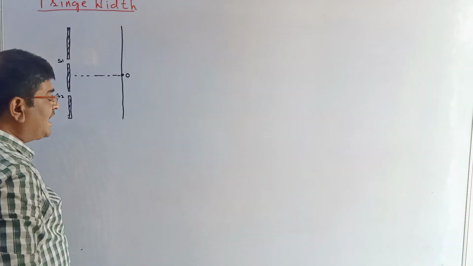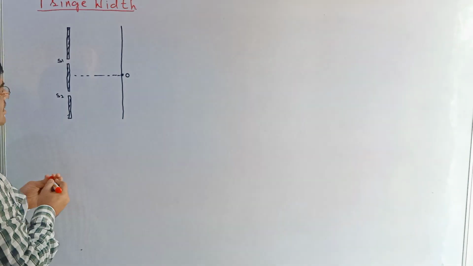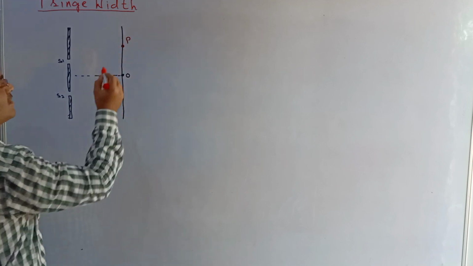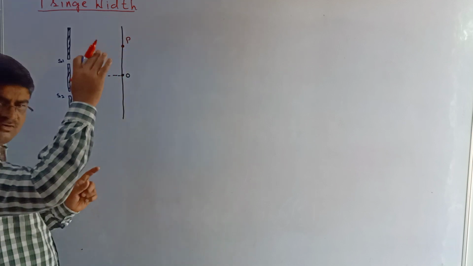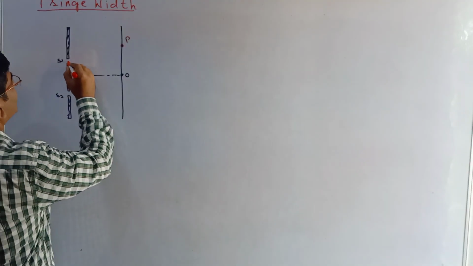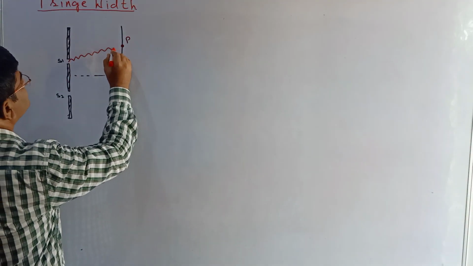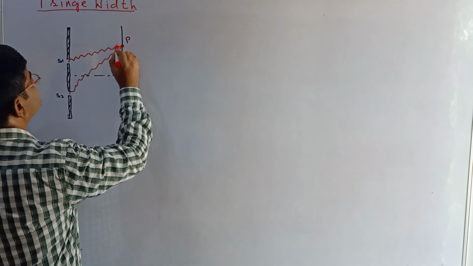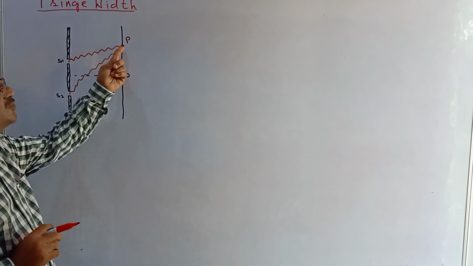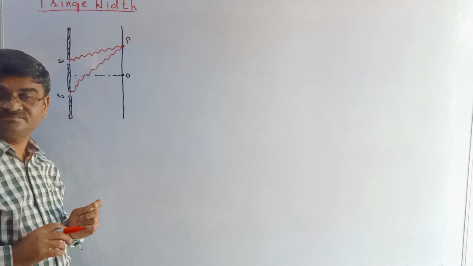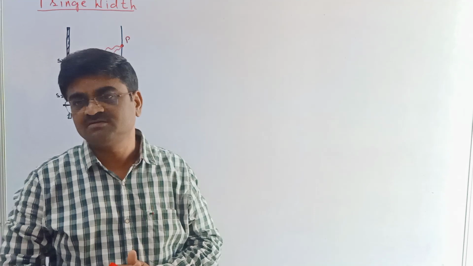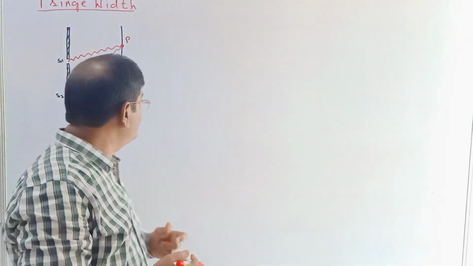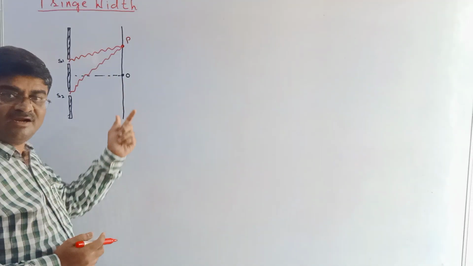Now I have a point of my interest on the screen. So this is a point P. At this point P, and not only at P but everywhere, I will have waves arriving from source S1 and source S2. Whether this P is going to be bright or dark gets decided by the path difference or phase difference, and what you do is derive the expression.